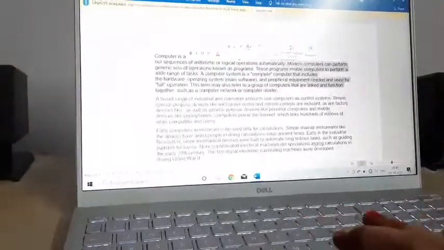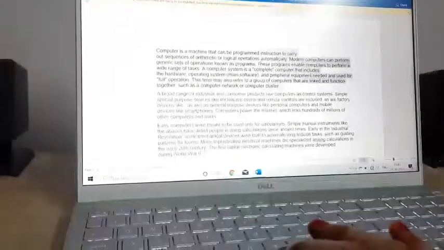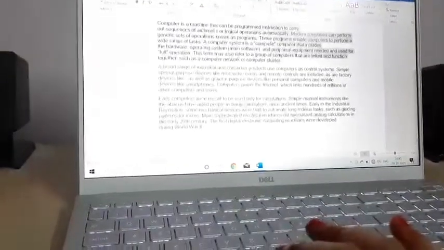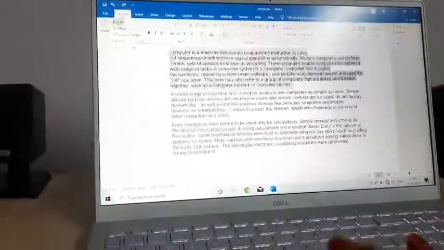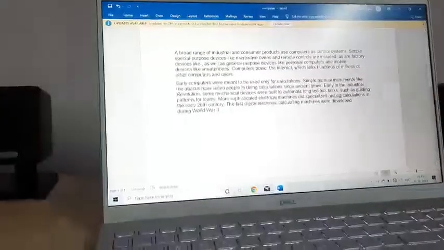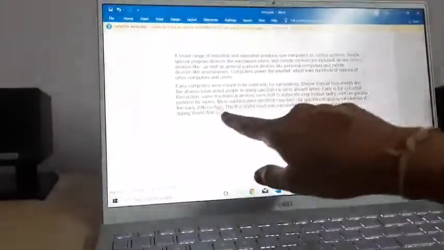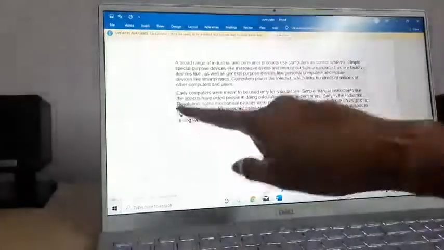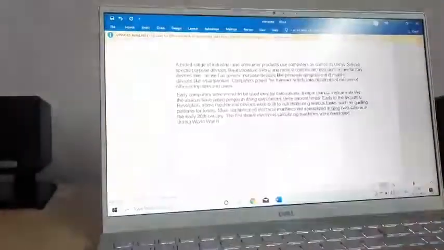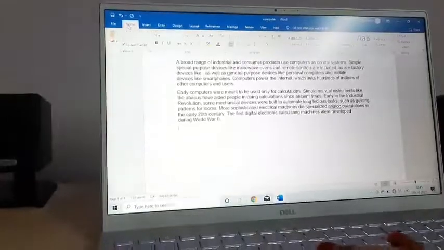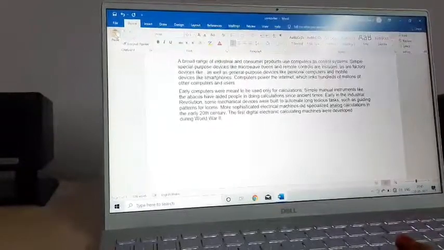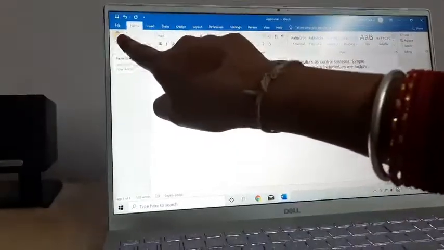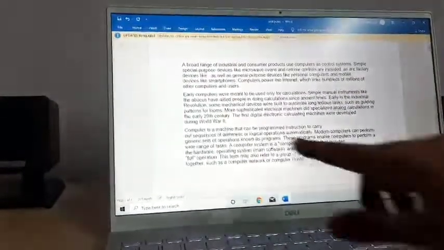Okay, then cut it. You have to go to the Home tab and you can see the first option under Home, Cut. Click Cut. And where you want to paste, you want to paste here. After this, press enter, bring your mouse pointer here and press the Paste key. You can click on the Home tab and you can see here Paste, this one. Click on this, you can see.